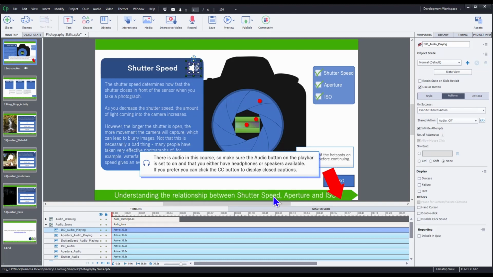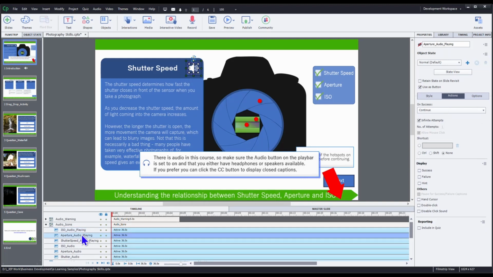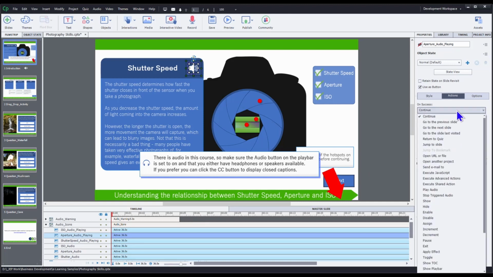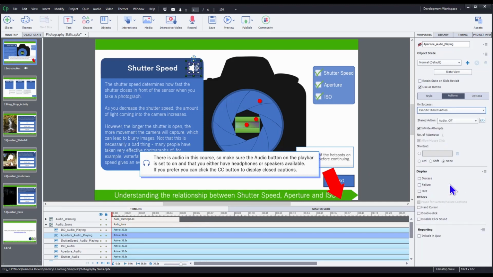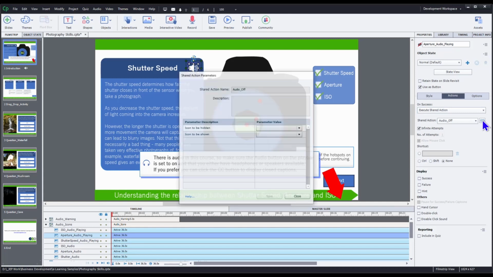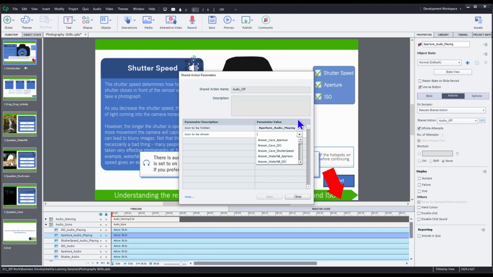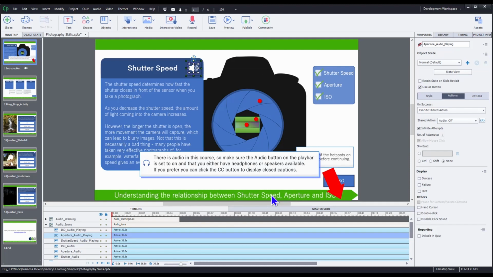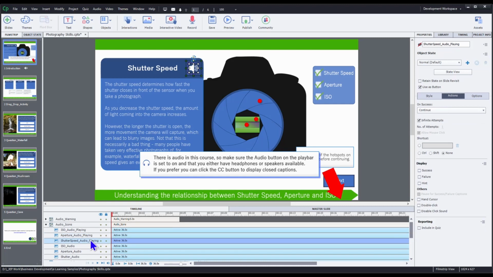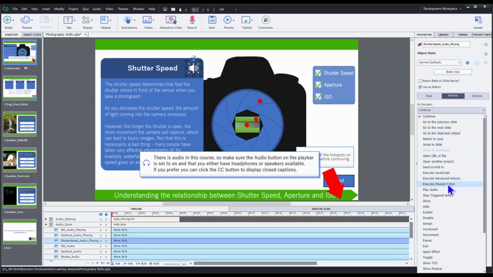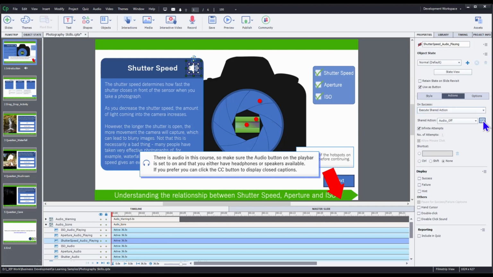Next, I'll click the Aperture Audio Playing icon on the timeline and do the same again. Select Execute Shared Action from the On Success drop-down list. Make sure the Audio Off shared action is selected and make it specific to Aperture. And then click Save. Lastly, I'll do the same for the shutter speed. Select the item, select Execute Shared Action, make sure Audio Off is selected, make it specific to shutter speed,